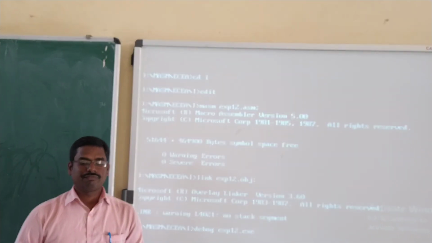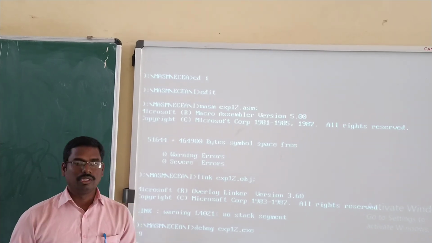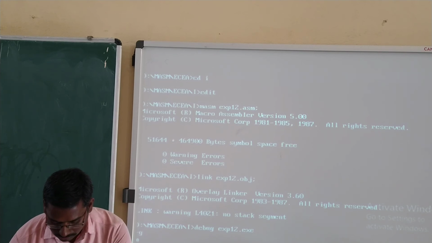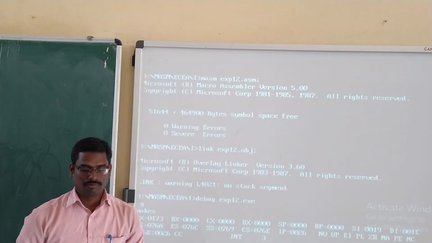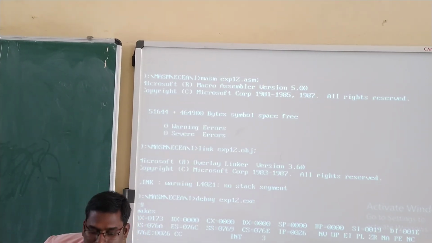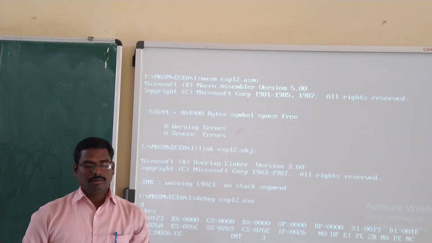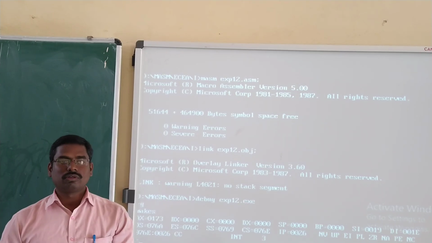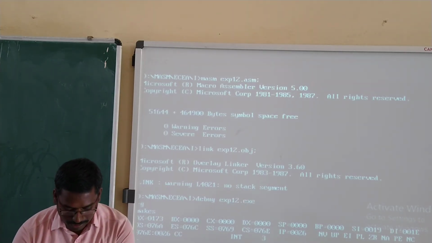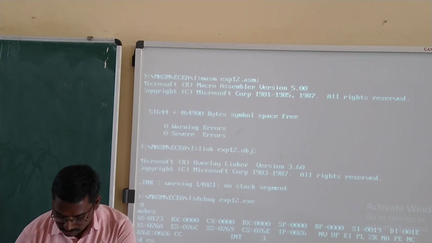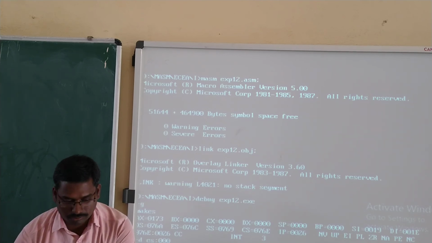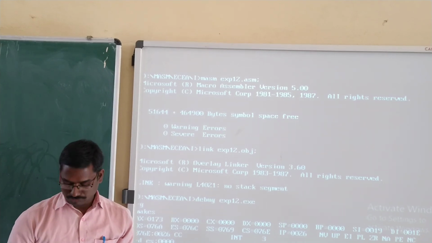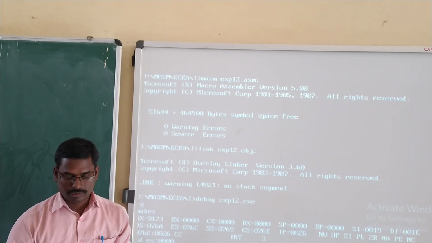After pressing G, you need to insert 5 characters. Suppose I am writing 'makes', which I want to insert in the given string. Now we can see the output of the program. That command is D space ES colon 0000, four zeros you need to enter, and press enter.